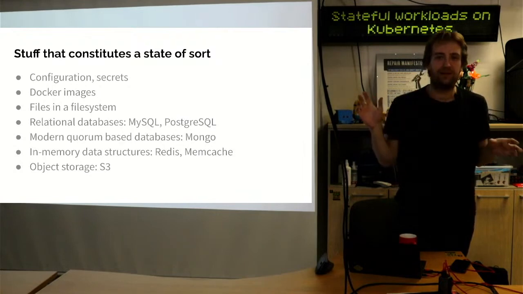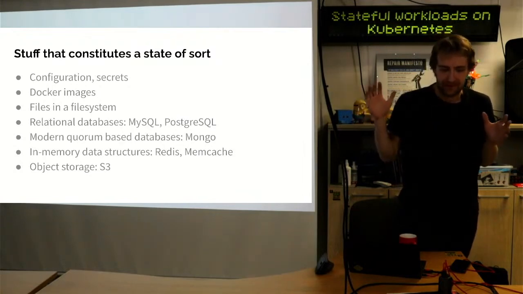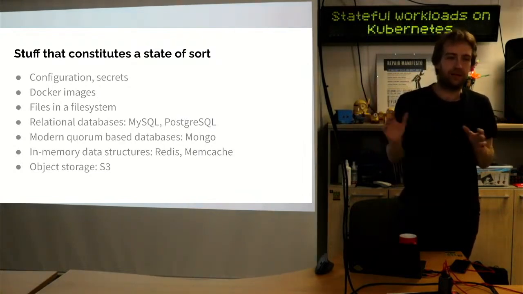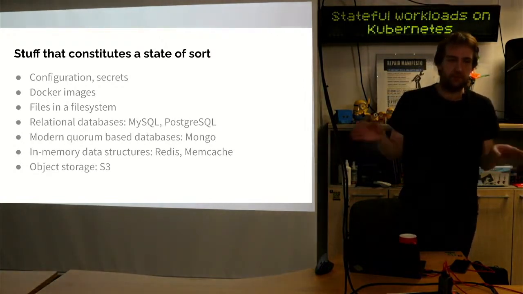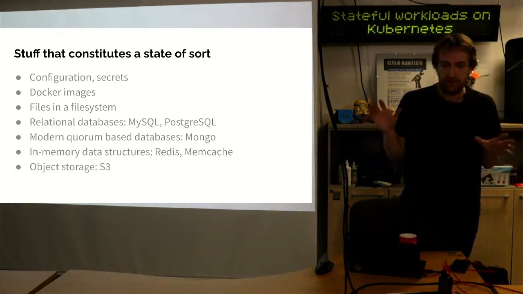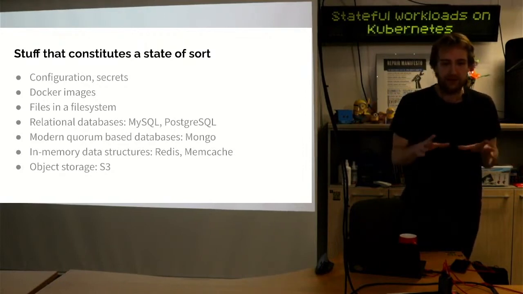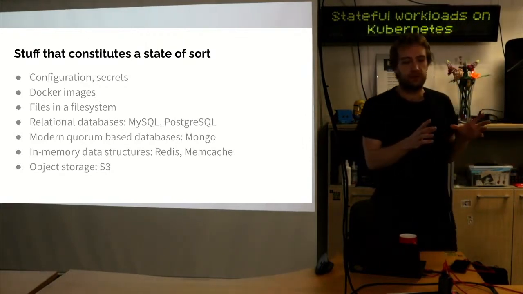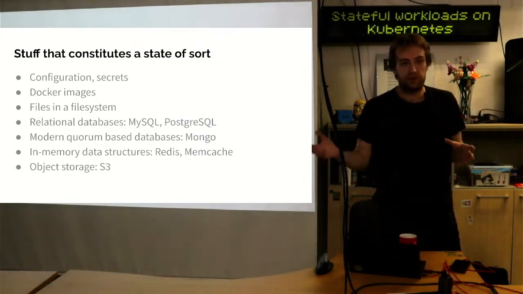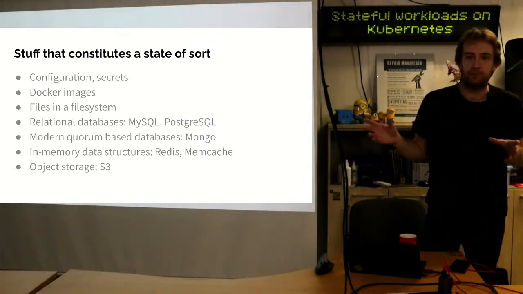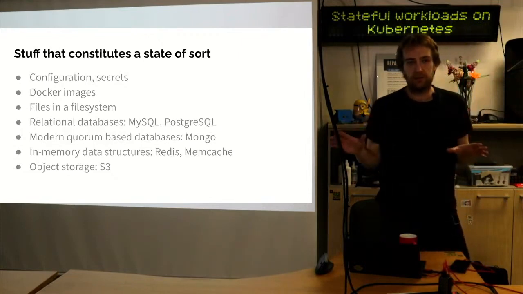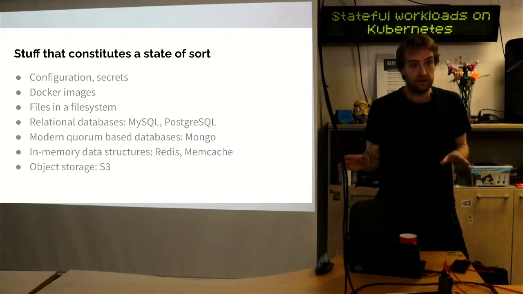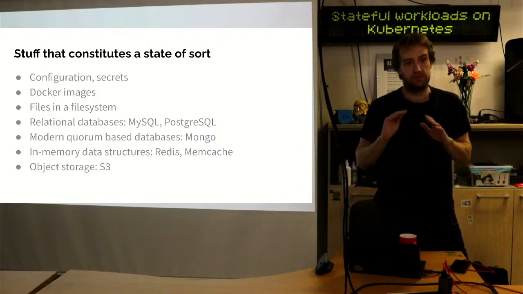So what are these stateful things that we have in Kubernetes? I try to look outside the box completely. What are the things that have some sort of state that we need to persist over time? Because basically, in the Kubernetes world, the standard is that you would assume that the workers get restarted, they can